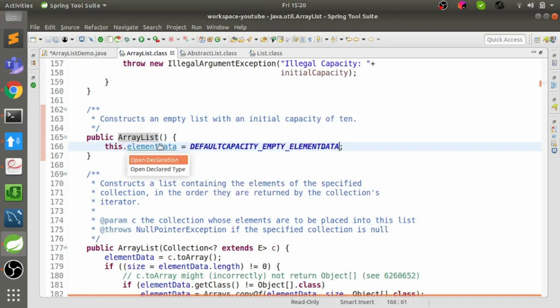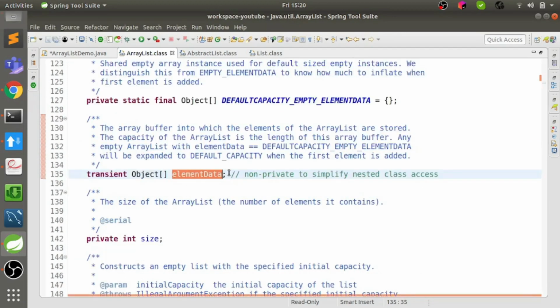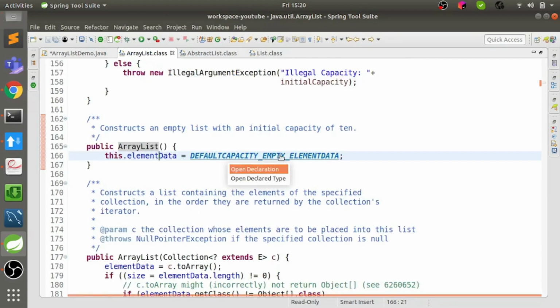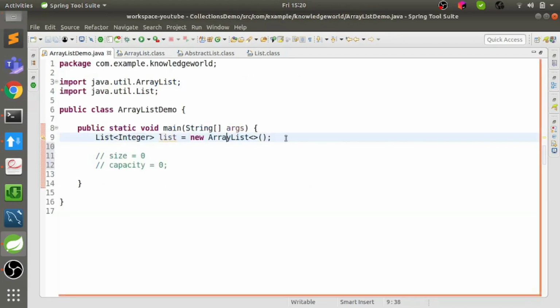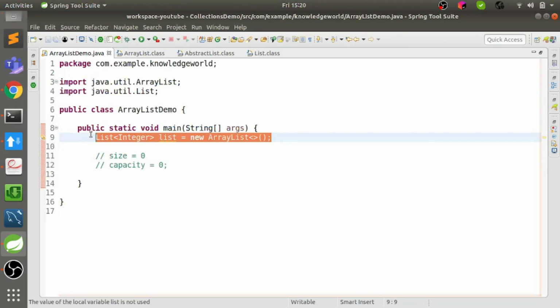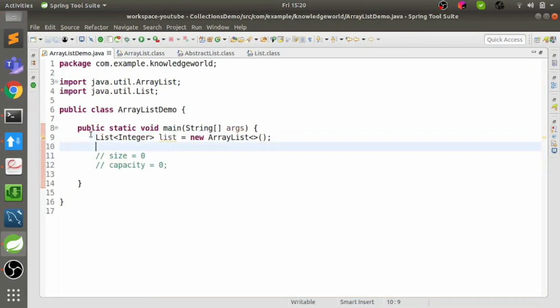First let's see what elementData is. elementData is an array of Object class, which actually holds the data, and it has been assigned to the default empty data. So it's a blank array of objects. What this line does is internally initialize an empty array. So size is 0 and capacity is 0.